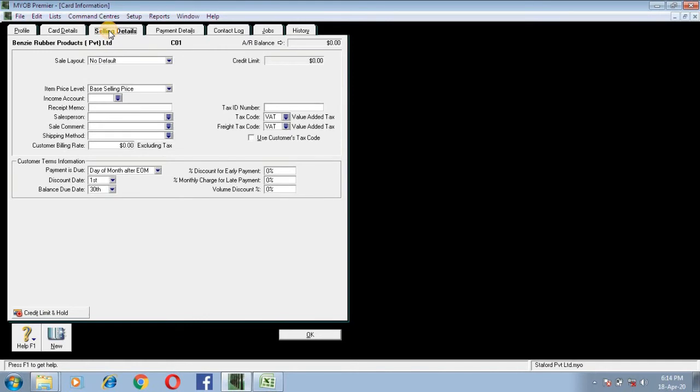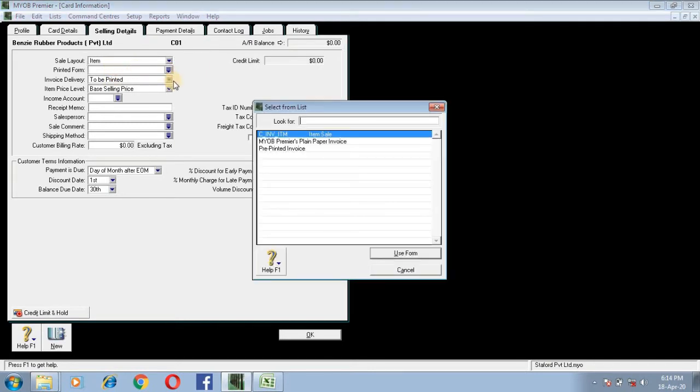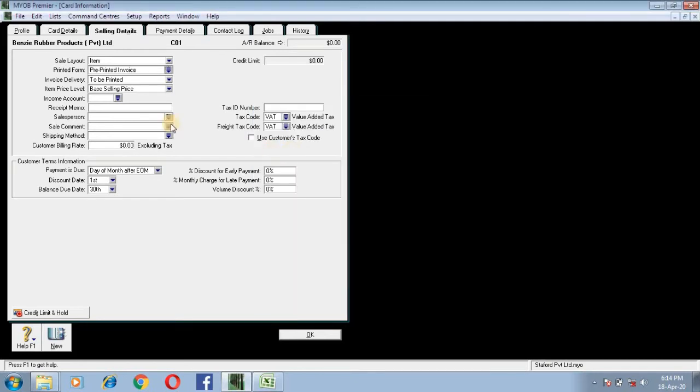Then in selling details you can select their sales layout. Let's say Bensi Rubber is always taking items from you, so then you can select the sales layout item. And also their printed invoice layout.